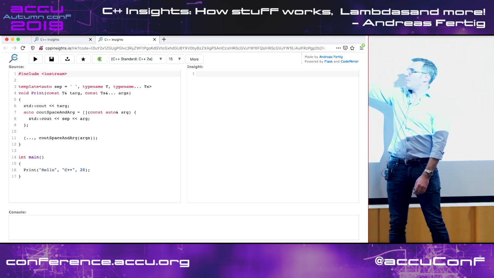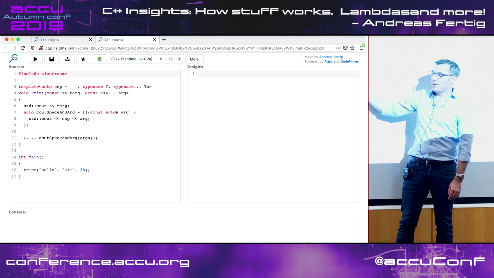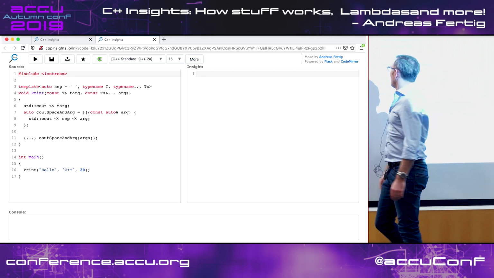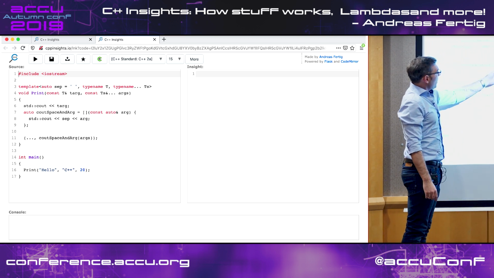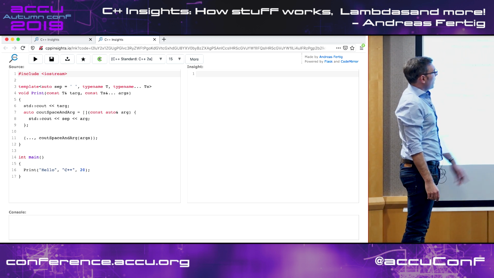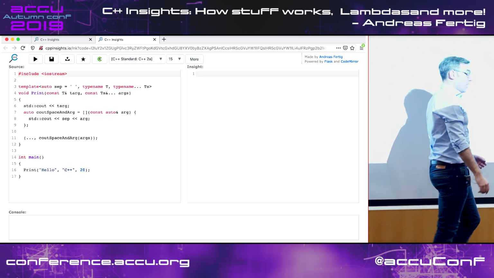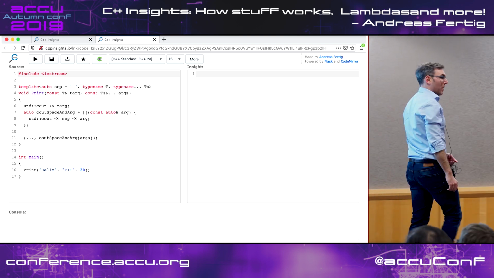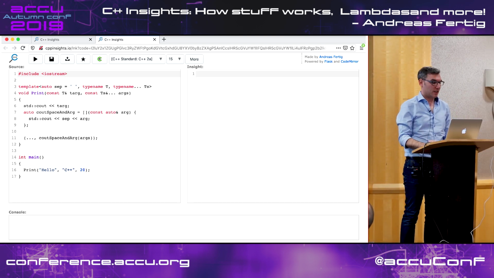It takes a parameter by reference. And then here, I do have my fold expression saying, call my lambda with all the arguments and separate these calls with the comma operator, which is a really good use case for the comma operator. If you ever wondered what you need the comma operator for, it's things like this.